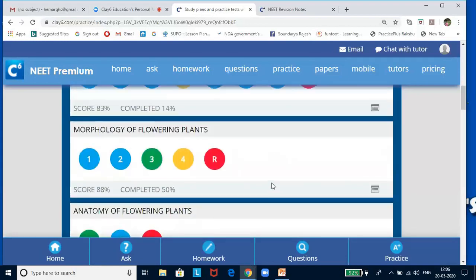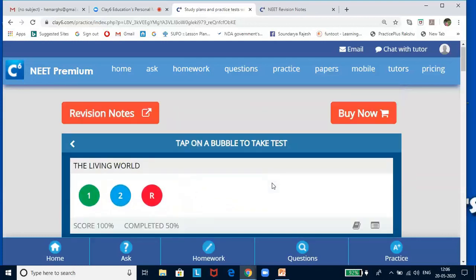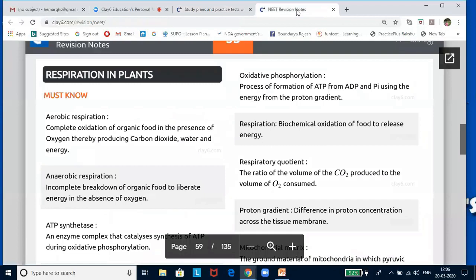So it would be an ideal package for you to understand how to improve your scores and to understand your own strengths and weaknesses. Now if you click on this revision notes, it will open into a PDF. This PDF has physics, chemistry, and biology concepts for both the years captured within 135 pages. So you can easily